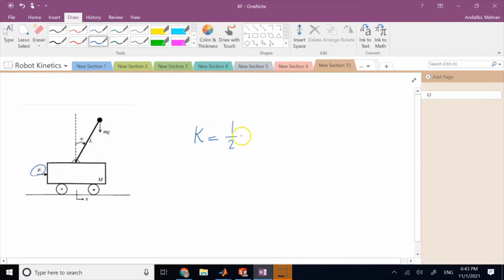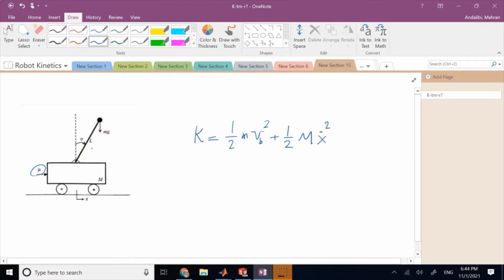So for the bob, it's going to be 1/2 mass times velocity squared, and then plus 1/2 mass of the block times velocity of the block squared. Clearly the velocity of the block is x dot, because x is the position. So that's your kinetic energy. The only thing you now have to consider is what is the velocity of this